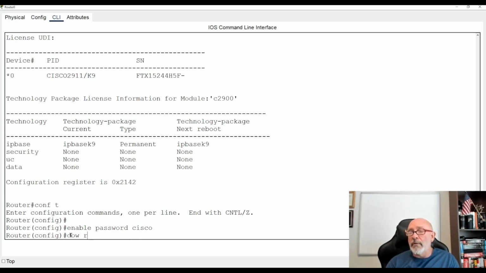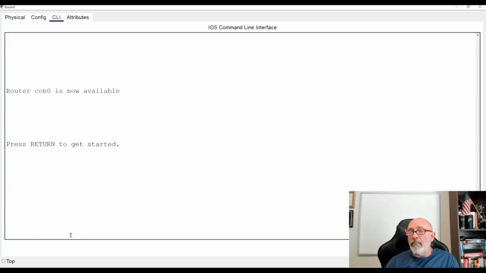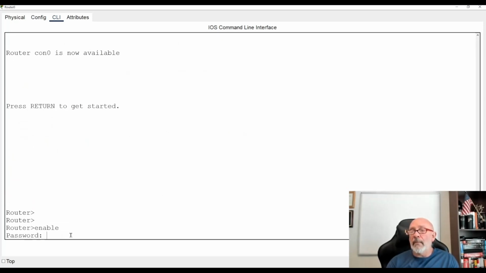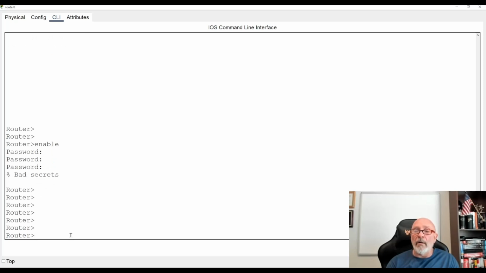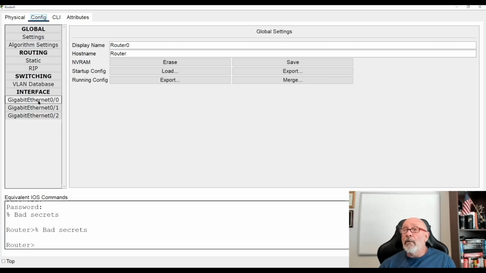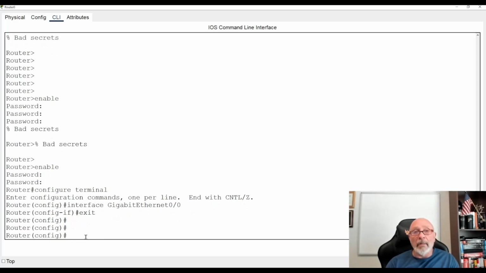You're just creating a password, right? Let's exit, enable, and let's say I don't know how to log in. Oh my God, I don't know the password. The instructor didn't give it to me. Go to config, go to G0/0, go back to CLI. And there, you're in the router. And then just change it to whatever you want.